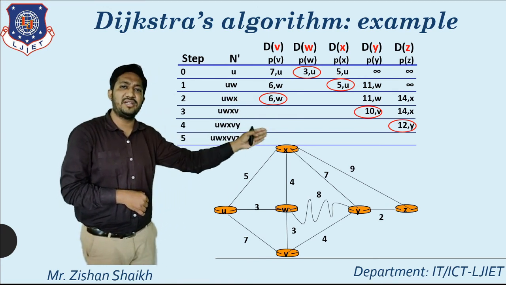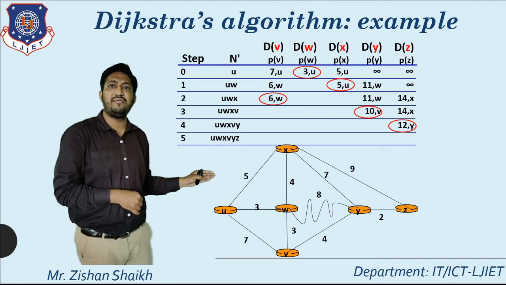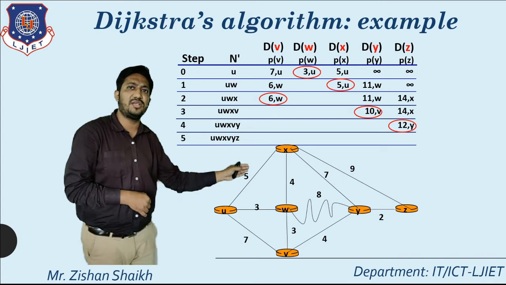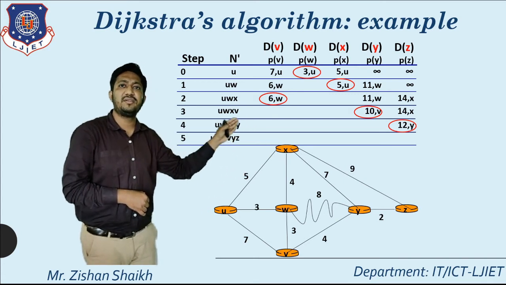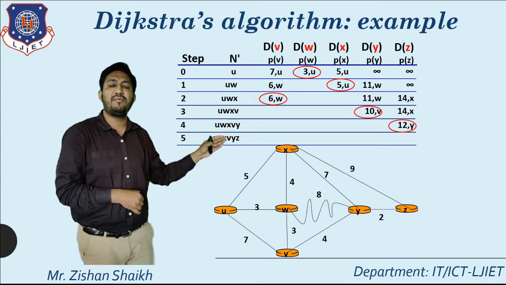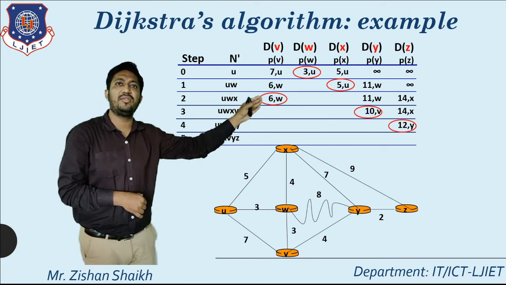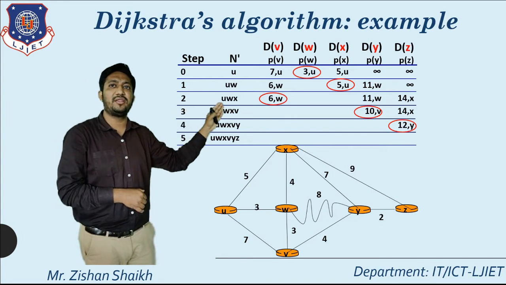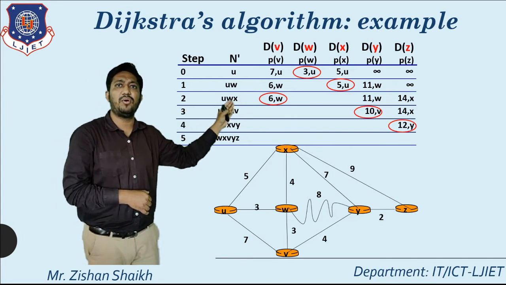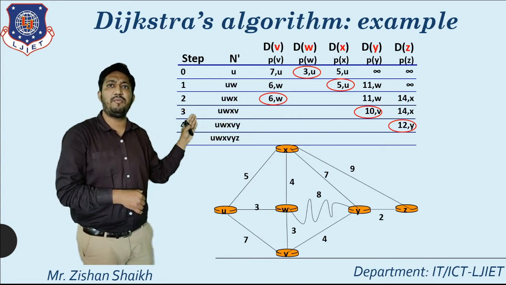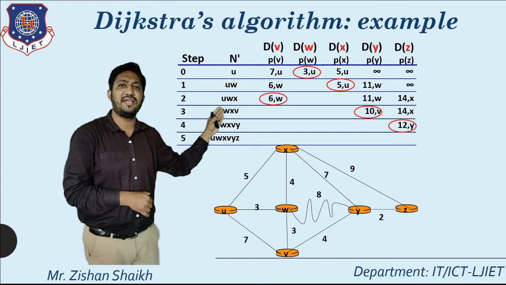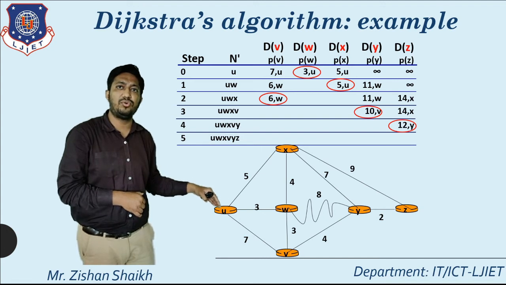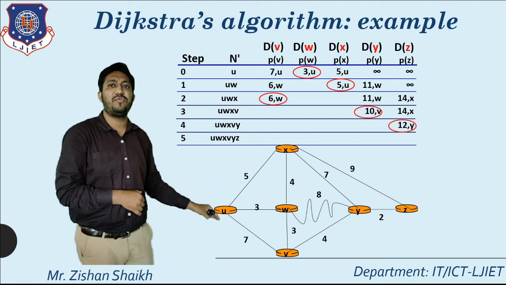But we can reach here Z. So here the value will be our 5 plus 9, 14. Next value is 3 plus 4 plus 9, that is 17. Okay, but from that we are taking the minimum one, that is a 14 value. Now from the step number 2 we are taking the minimal cost, that is all about V. So our next data item will be U, W, X and V. So we can reach our data item via this route, that will be U, W, X and V.